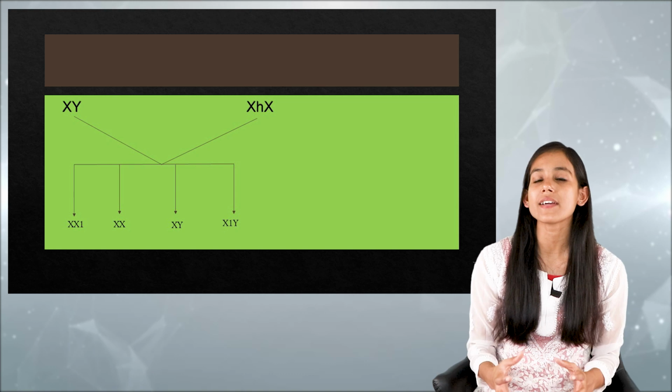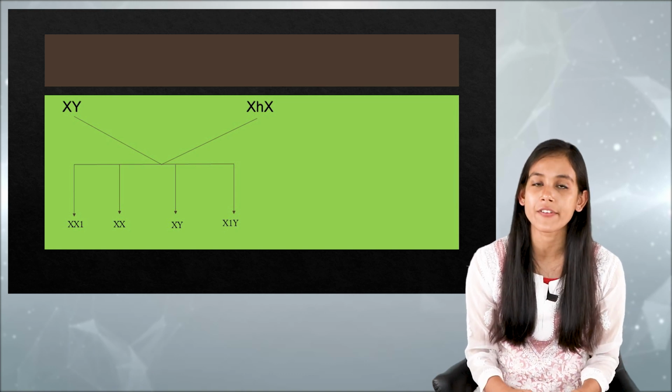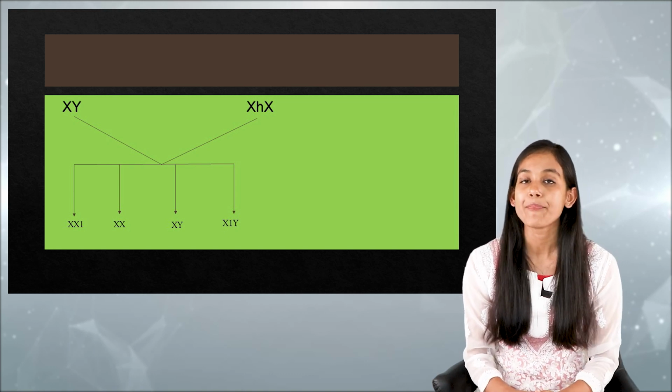Now, what do we mean by X-linked recessive disorder? X-linked recessive disorder means that this particular disorder can be passed down from parent to child through mutations in a gene on the X chromosome. So that means the X chromosome is carrying the faulty gene. And that's the reason the male child will be affected with hemophilia and the female child will always be a carrier. So let us see why the male children are always the sufferer and the female children are the carrier.